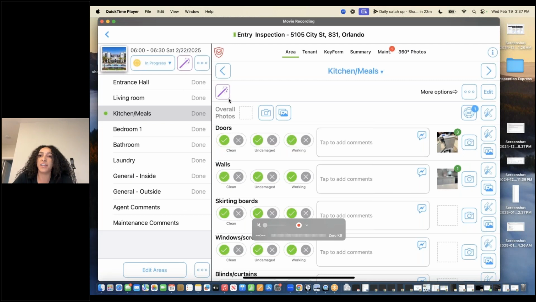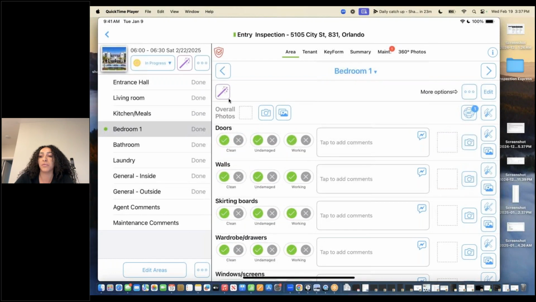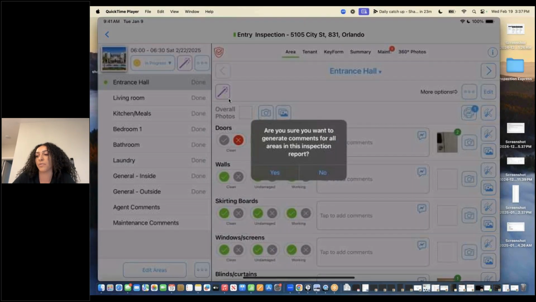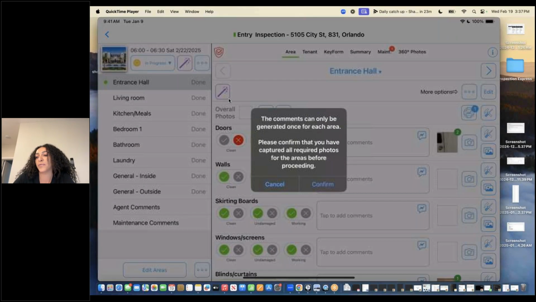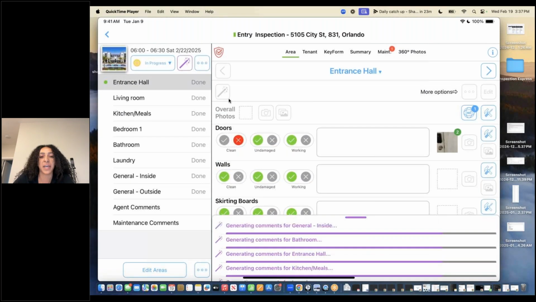Or on the right-hand side, you can do it for each individual section, whatever you prefer. But I will press that main one at the top as it will generate all of my comments for all of my 360 images and close-up images that I've taken throughout my inspection. So it takes about 30 seconds or less, depending on how many rooms you have, how many